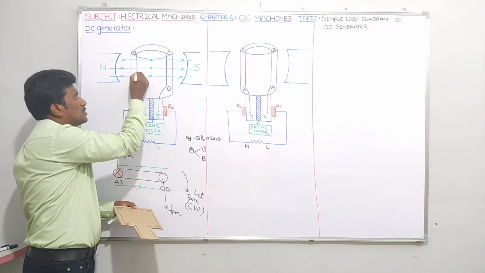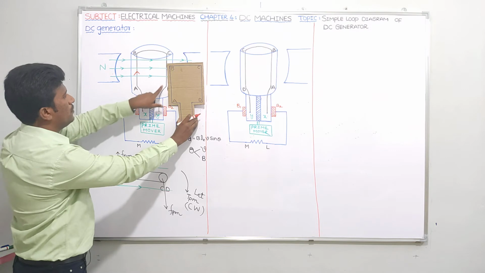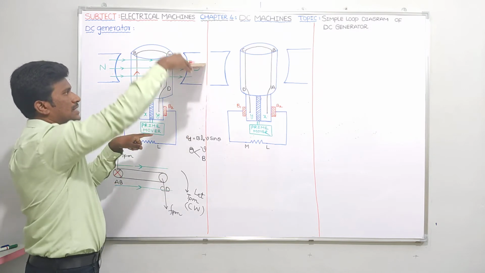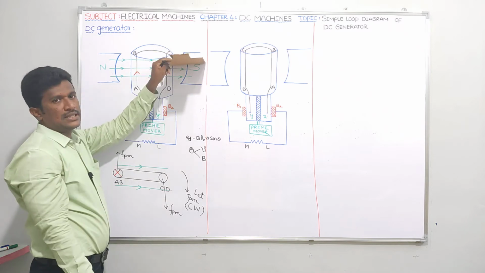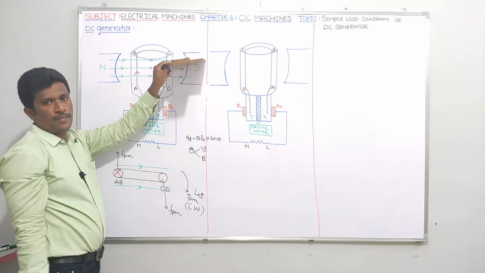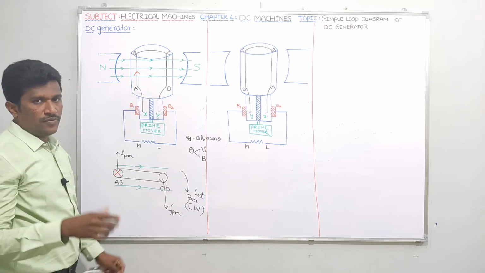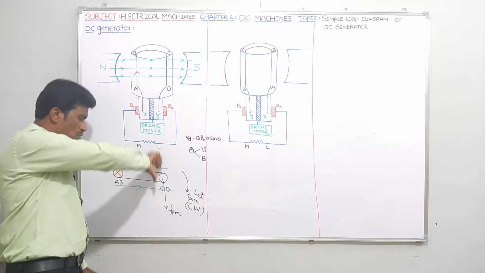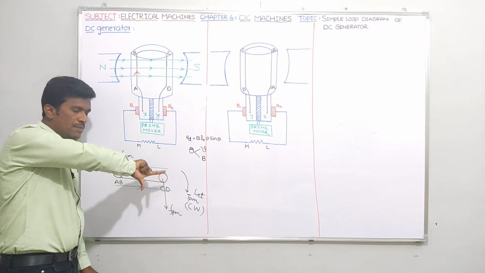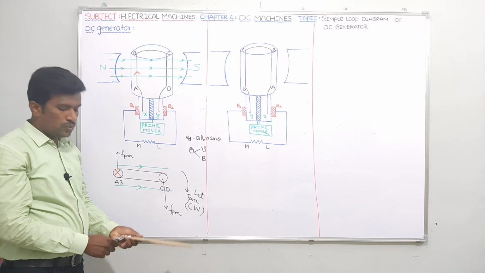For that one I am just showing here. Very simple. See, don't get confused by this arrow mark. If you place this coil like this, the arrow mark will be going into the board. No, simple. Is it clear? Now similarly, what about the CD conductor? Once again, let me apply Fleming's right hand rule. When a moving conductor downwards cuts the magnetic field, which is green color, EMF or current is induced in that conductor. Dot. So out of the board means what? Dot.